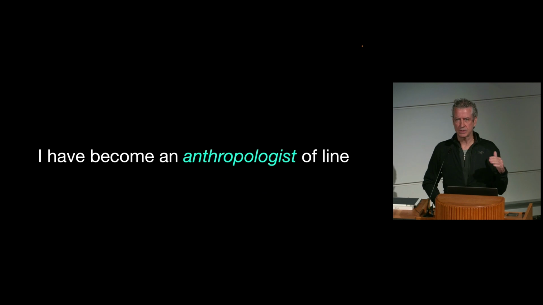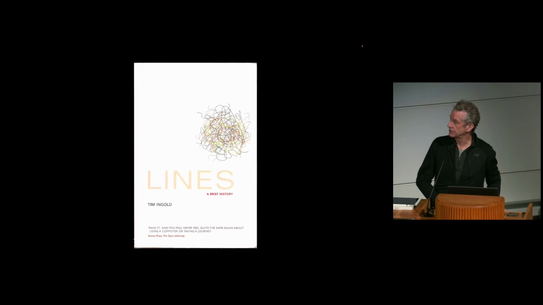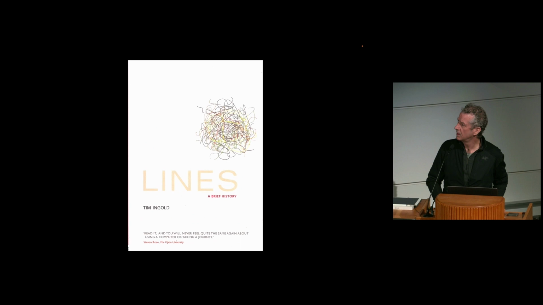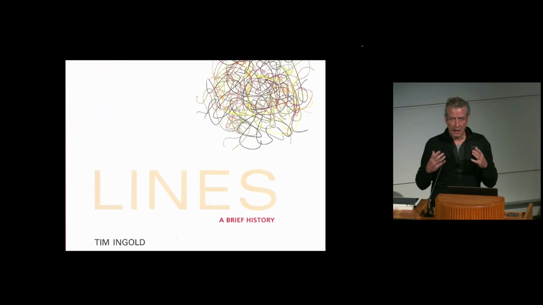So over the course of writing both of the books, I realized that I've become kind of an anthropologist of line. And of course, there are real anthropologists of line, like Tim Ingold. I don't know how many of you are familiar with this wonderful book. But what I do when I'm writing is I ask people to submit work samples, and then I just study those things. I just look at them. I'm looking at them as a practitioner as well as an educator, and I feel like it's a little bit of a Rosetta Stone. Why are they doing this? And why is this here? And why is this there?